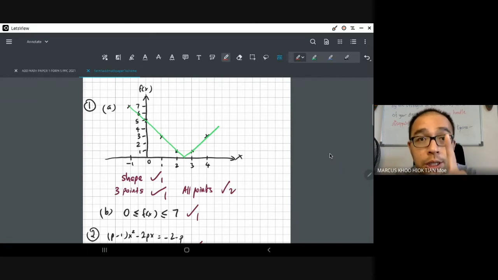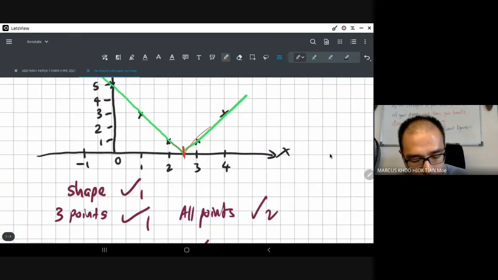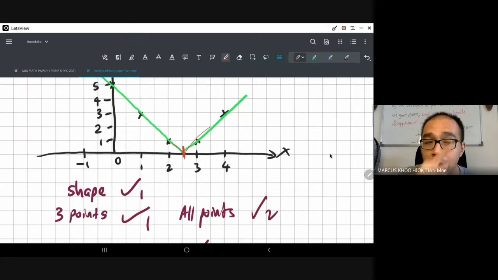Which includes the 0 over here. I need to see it hit the 0 and then bounce back up. Itu saya mesti nampak. I need to see it hit the 0. I don't need to know what is the value. Saya tidak payah tahu the value. But I need to see that dia menyentuh paksi X